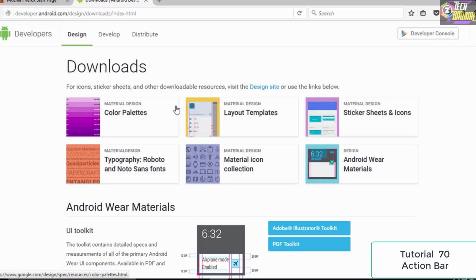As you could see, there are the color palettes for the material design, there are layout templates, stickers, sheets, icons, there are Android Wear materials, and there are also the basic fonts which we need in our application. But for the sake of this tutorial, we are going to go with this, which is called the material icon collection. So if we select it,